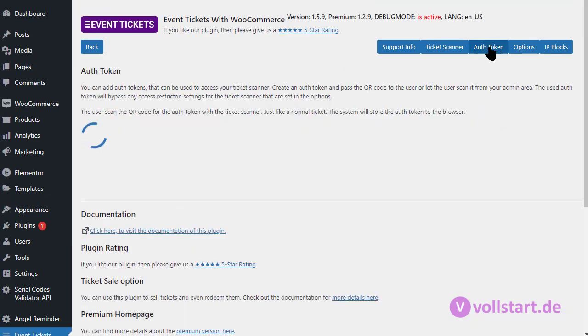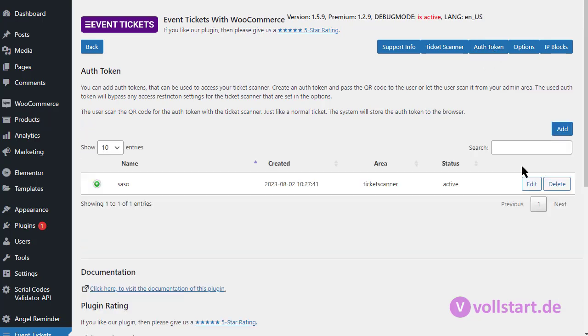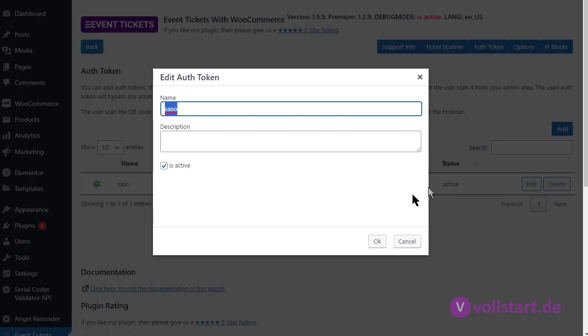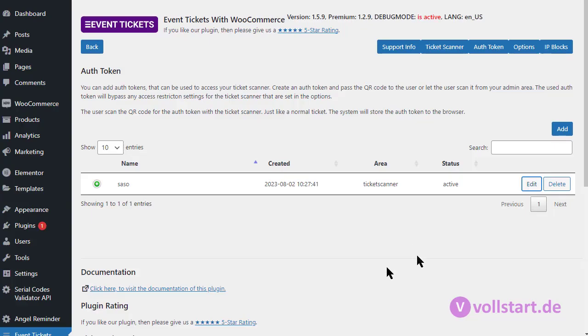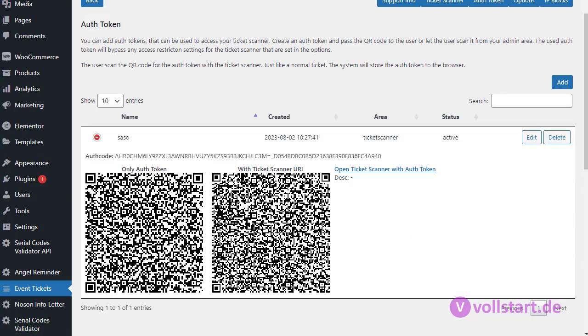Basically you create auth tokens. Let's jump in here really fast. You can create auth tokens, and once they are created, add some description and so on, and then people are basically able to scan the code. So only the auth token with ticket scanner URL, depending on what you need.